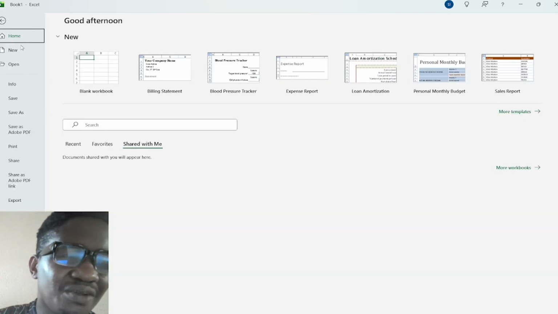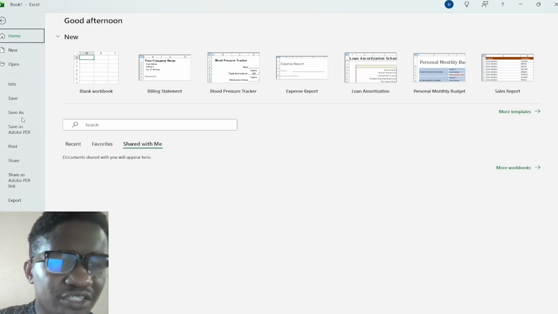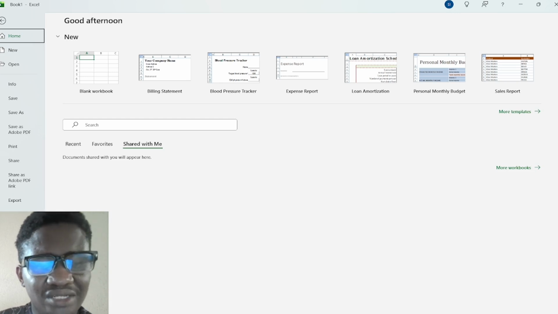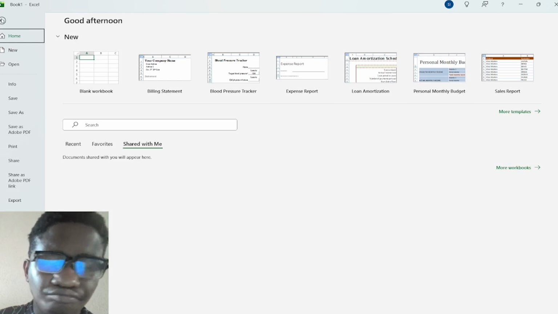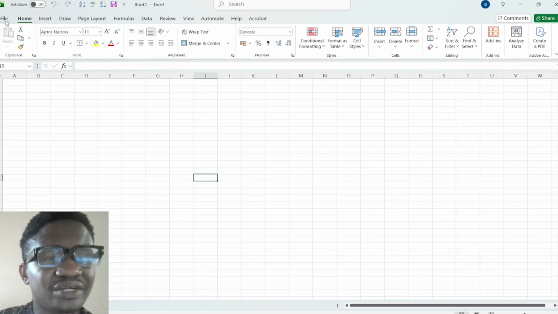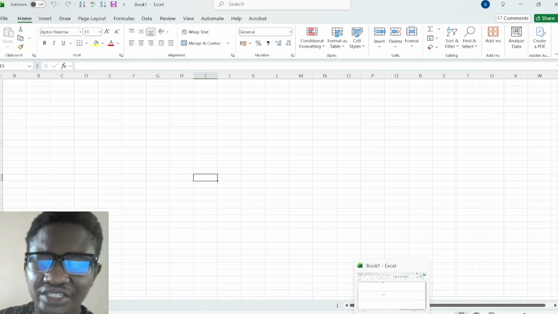So that is that for the file menu ribbon, and those are all the tools that we can see inside it. I repeat again: New, Open, Home. Oh, sorry, I missed Home. Info, Save As, Print, Share, Save as Adobe PDF, Export, Close, Account, and Options. So that is that for the file ribbon. And when I click on this back arrow, it takes me back to this menu. So that is that for the file menu. We'll be talking about the Home menu in our next